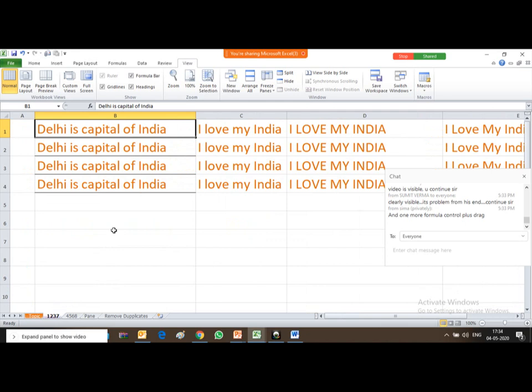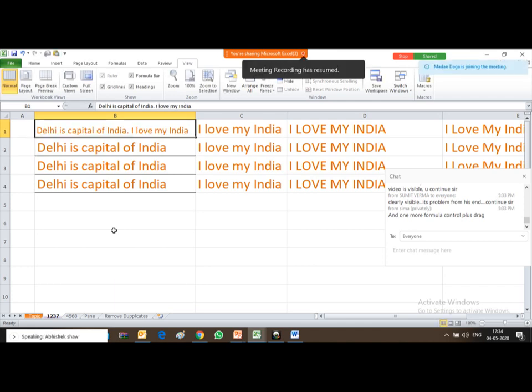If I want to write another line, say I love my India, and I write it here, what will happen? The line appears like this: Delhi is capital of India and I love my India, but it is not appearing in the next line, it is appearing in the same line itself.